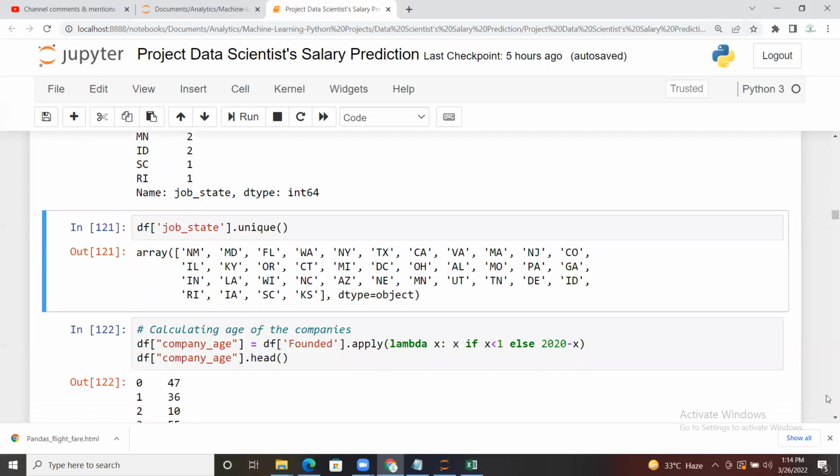Now let's move further. Again, the job state, just to cross check, we see there is no long name there. We have converted that into a short name. Now we are going to check the age of the companies. So company age, we are going to check from the founded column, and basically what we are going to extract